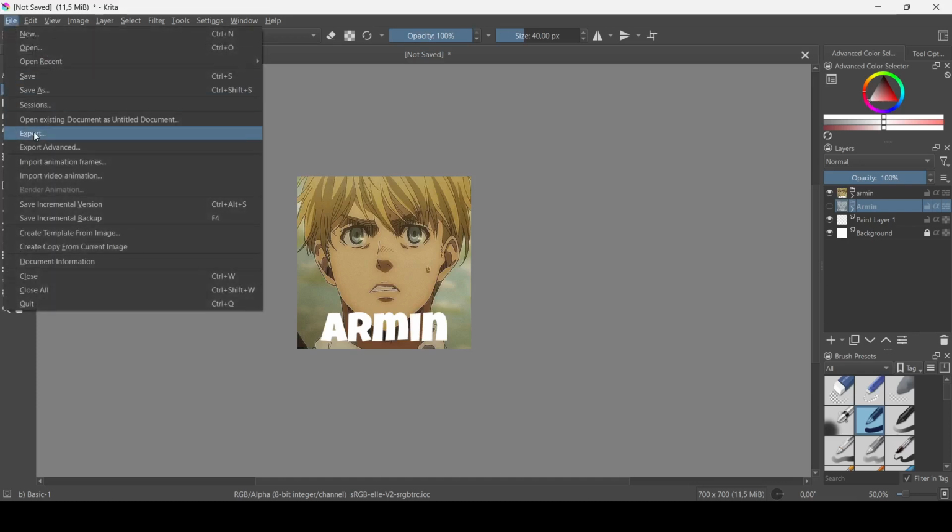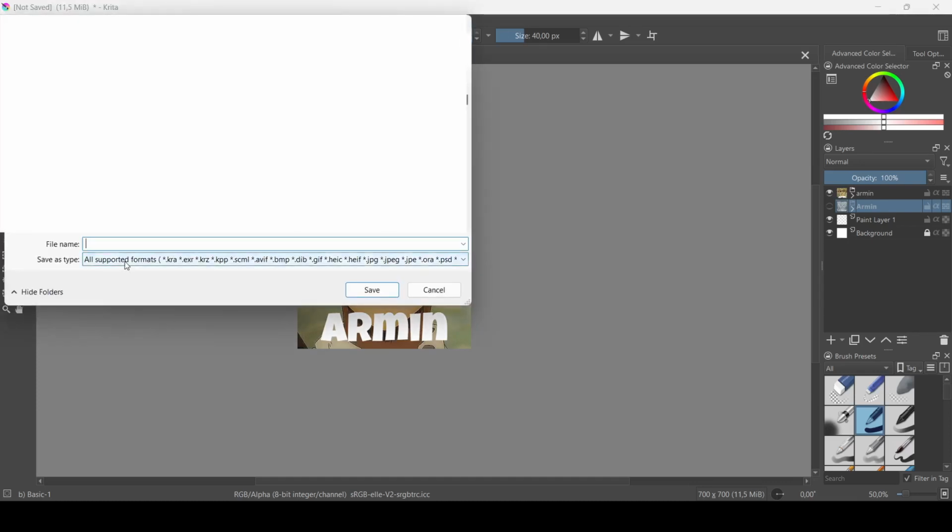Right, so unlike Canva, with Krita you need to save the images that you want onto your computer one by one. So I'm going to come here, hit export, find a neat little folder to put everything into, and then export them as a PNG file. As soon as you hit save, the image is saved onto your computer,